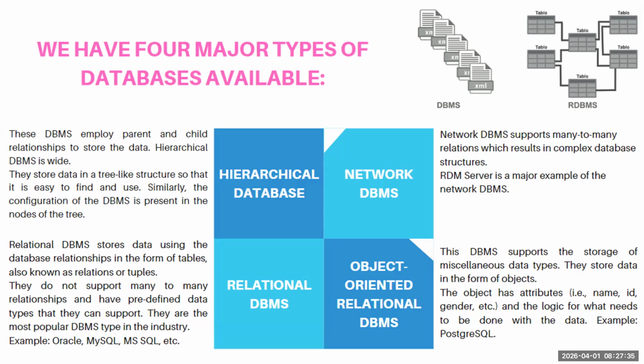For example, Postgres is object-oriented relational also, which means when I'm creating a table, I can load the data in the form of JSON. JSON is a language, sir, an object-oriented language like Java, C, C++. You can store data in the form of JSON code, directly. So many different databases are available.